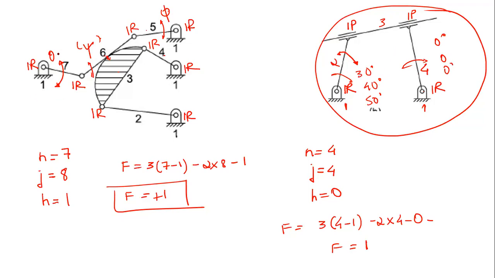So let's say if I talk of this mechanism, if theta is equal to 30 degrees, then let's say the output phi is equal to 45 degrees. If theta is equal to, let's say, 45 degrees, then phi will be something like 60 degrees. So if you observe, there is always a unique relationship between the rotation or oscillation of input and output links. Here this unique relationship is going to disappear, right? Whatever the value of oscillation of this input link, 30, 40, 50, the output oscillation will always be 0, right?